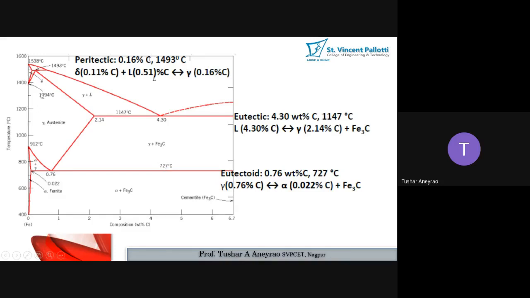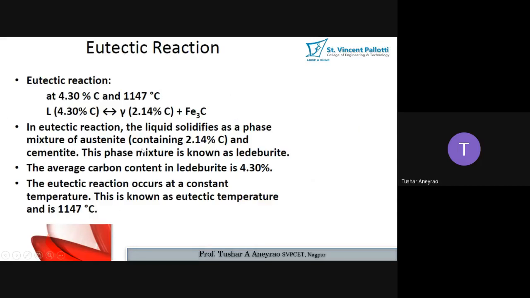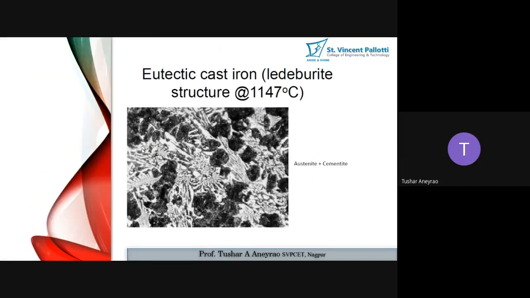Here we are getting delta converted into austenite plus liquid, or austenite. So here this tie line, which is straight, is shown by this particular transformation line. Okay, and this is the ACM line, which has the cementite composition. After this line, cementite is present. So if these things are clear in your mind, then the eutectic reaction we have discussed.